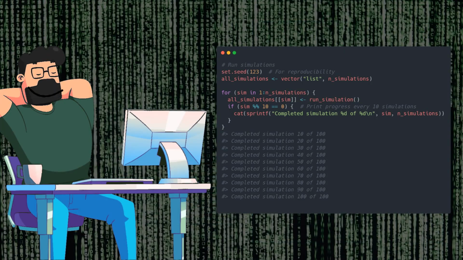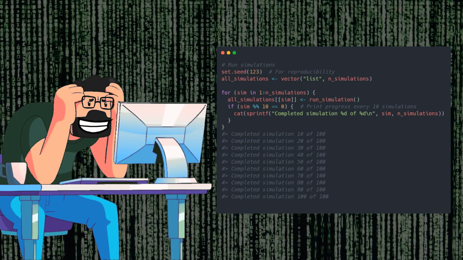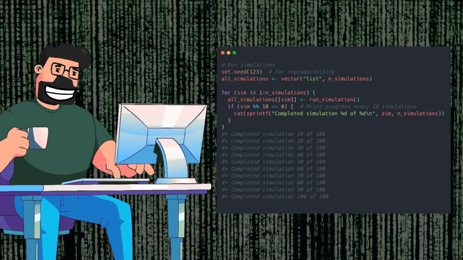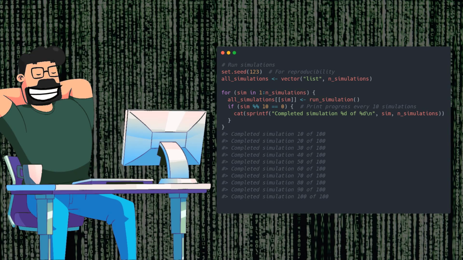Moving forward with the same solution, we execute the simulation process across multiple iterations, keeping an eye on the progress as we go. It's crucial to ensure each step is executed correctly to obtain accurate results and maintain the integrity